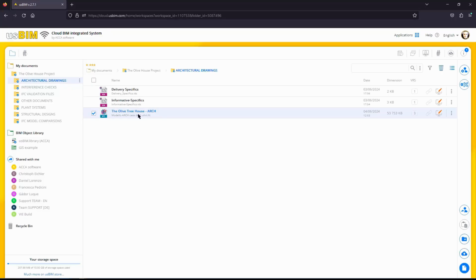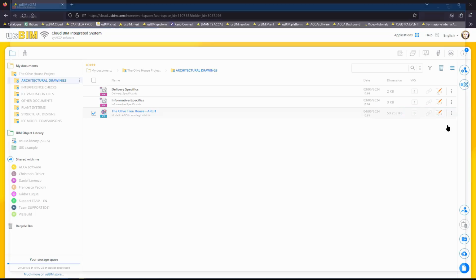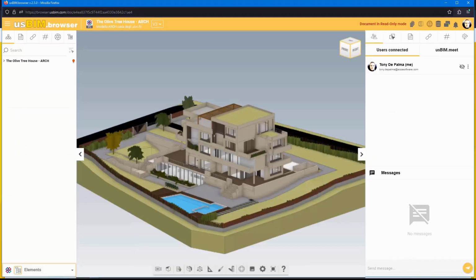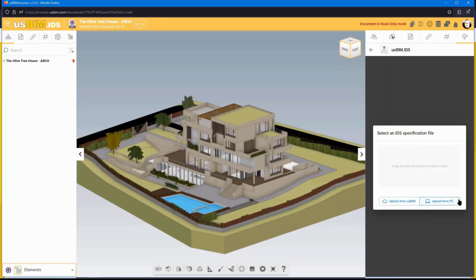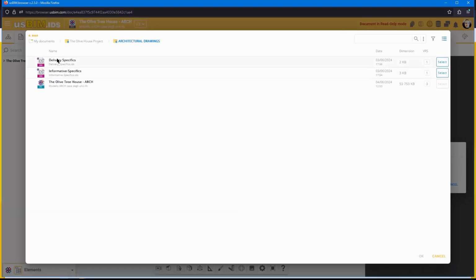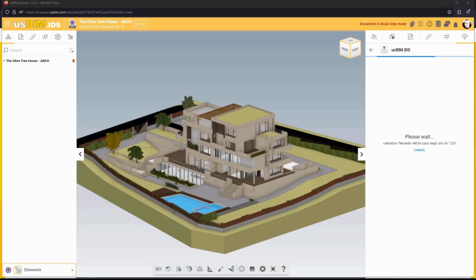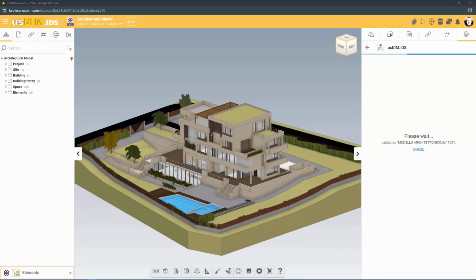In the usBIM.IDS interface, users can verify the model's compliance with the uploaded IDS by viewing all specifications present in the IDS file and the count of elements in the model to which each specification applies. Users can also consult applicability and requirements in a human-readable format. Additionally, specific color codes highlight validation results, indicating the elements to which each specification applies and any that are non-compliant